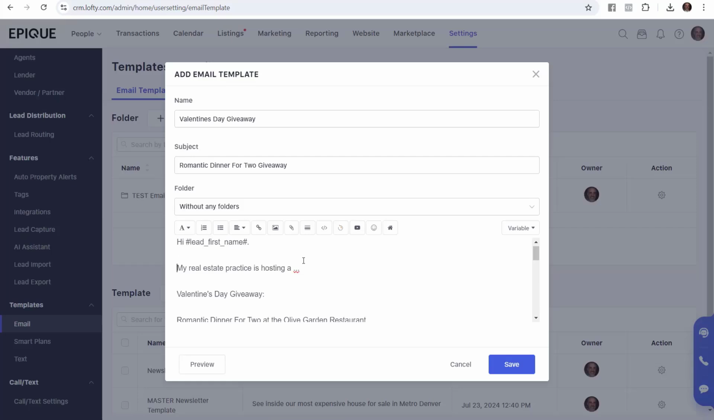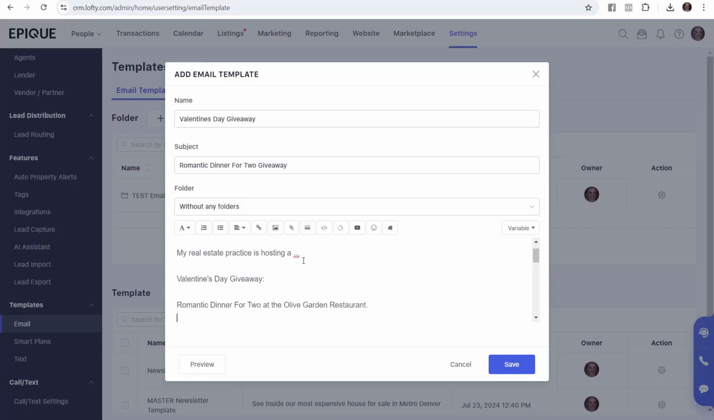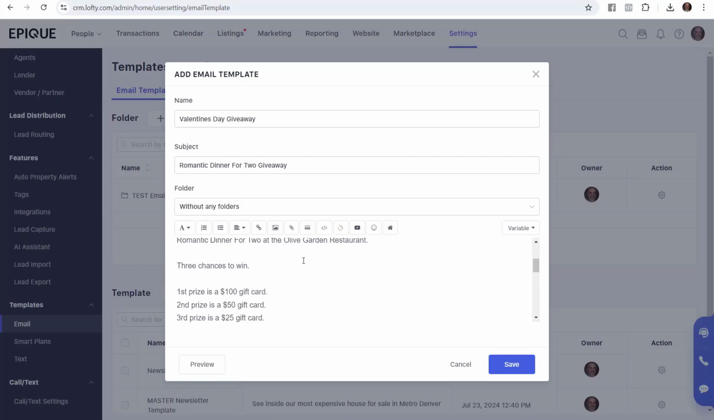All right, so I've got a real estate practice opening Valentine's Day giveaway, romantic dinner for two at the Olive Garden restaurant, 3 chances to win, and I bunched those together. You could separate them out too, although if you did, I'd just keep the prizes together. Maybe that looked better even. 3 chances to win, and there's first, second, and third place. To enter